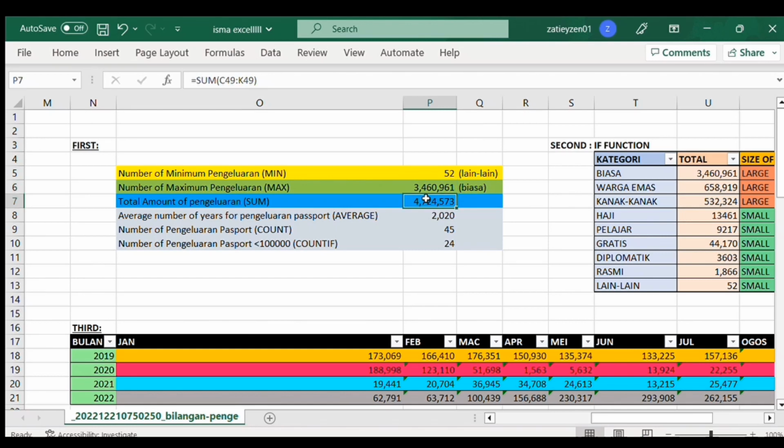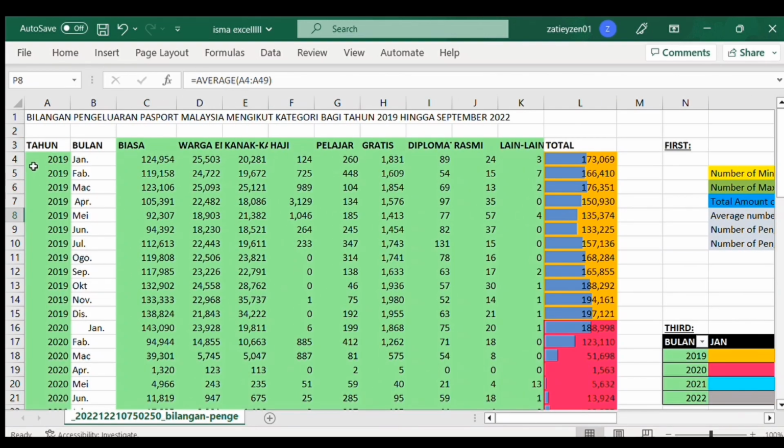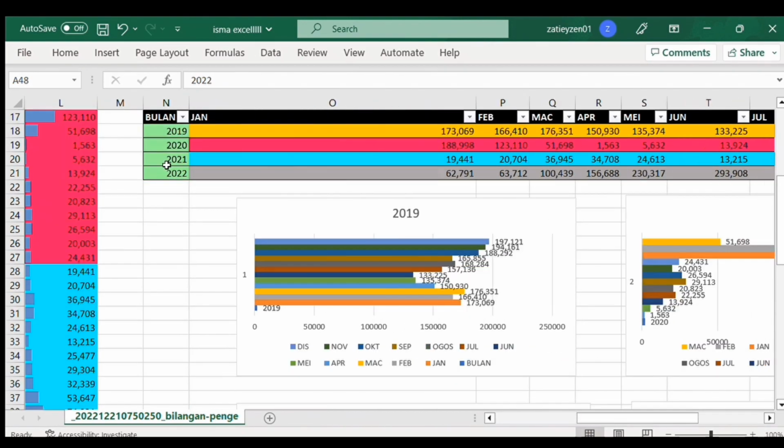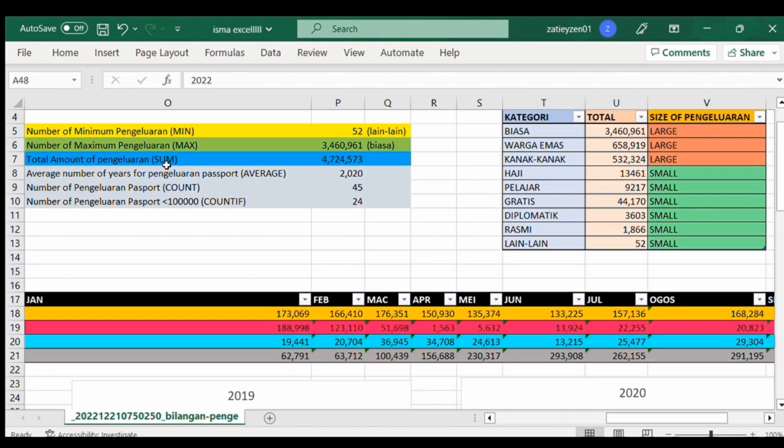Then for the sum, we use the formula equals sum C49, drag until K49, click enter, and then we will get this answer, which is 4,077,24573. And then for the average, we use the formula, which is equal average, get here from A4 and until A49, and then just click the enter, and then we will get this answer, which is